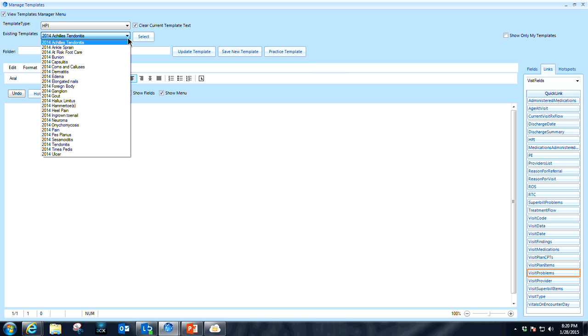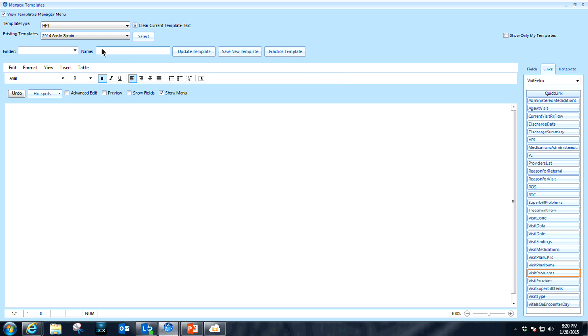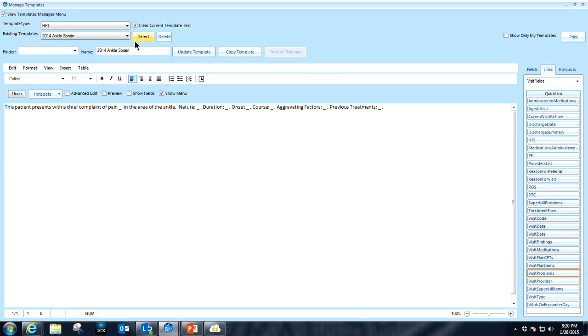You can also bring over your subjective complaints into Traknet 3.0. It's also very easy. As I always like to say, never start from scratch. If you just pick one of the templates that's already there for subjective and click select, it's very easy, just like in 3.0 and 2.0, make whatever changes you need in here and then just save it as a new